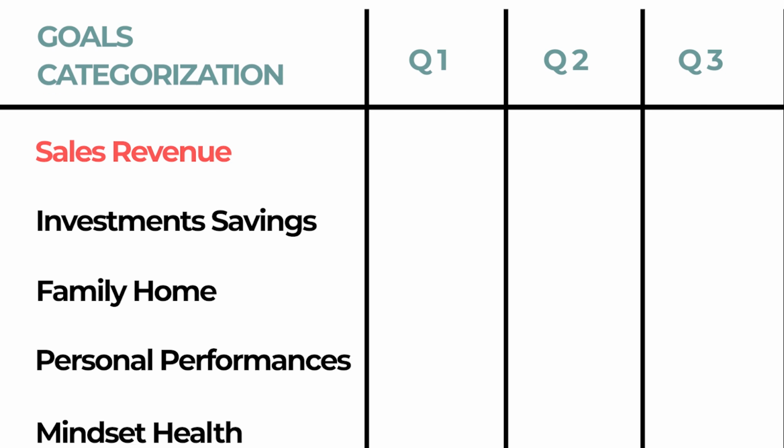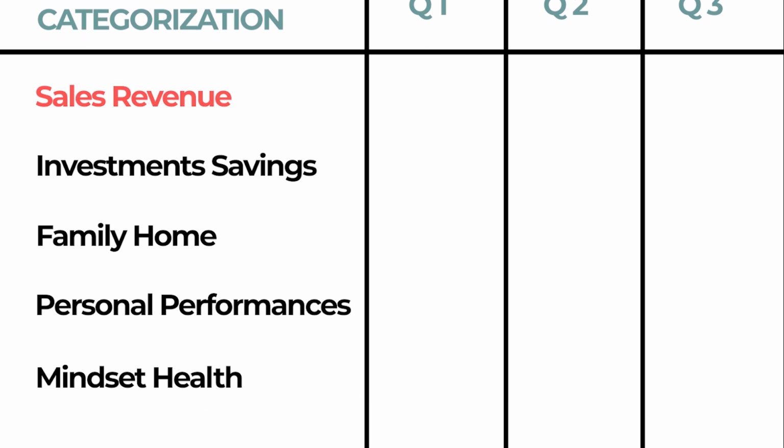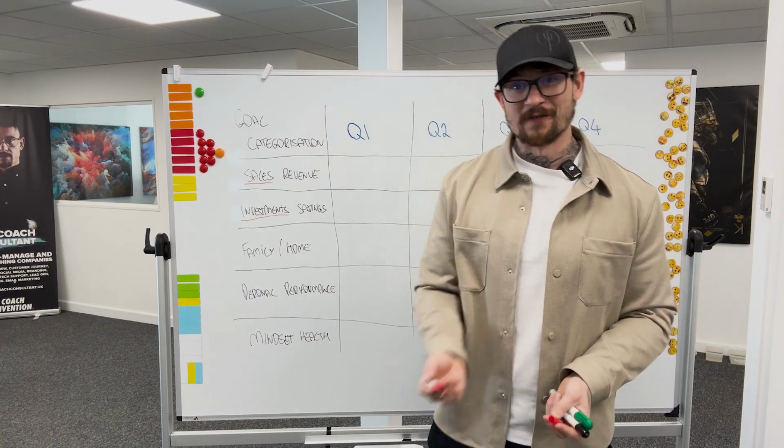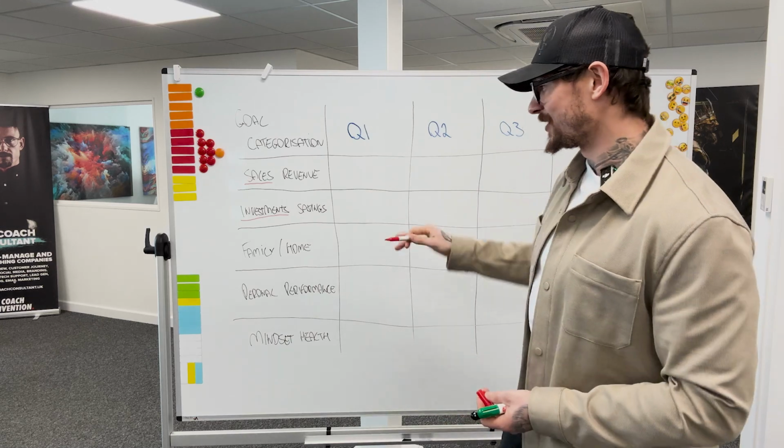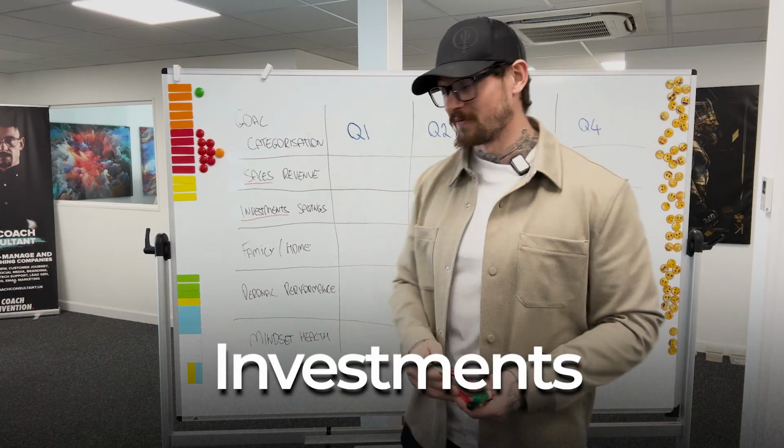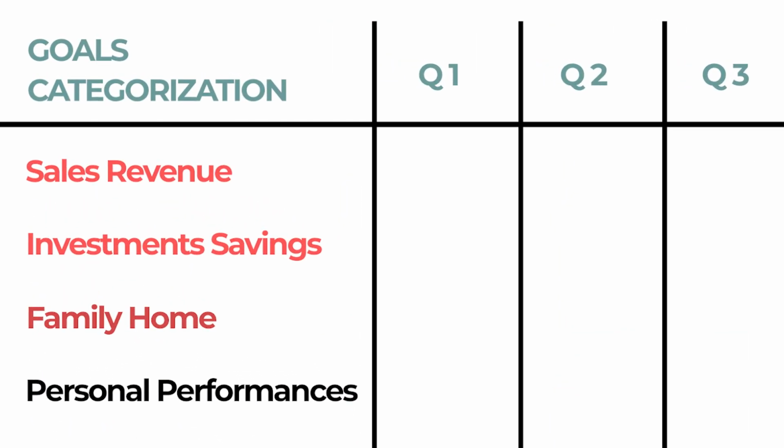Number two, what I've put on from that point, which is a personal one for me, is really looking at actual investment structures based on us hitting sales targets, because 30 years old now, I've got a family. I'll actually do a few of my goals on here in a second, but investments is a big one for me. The next one is looking at family and home.